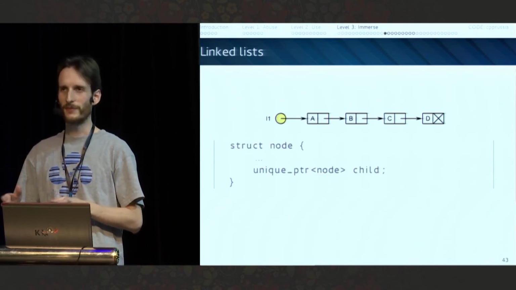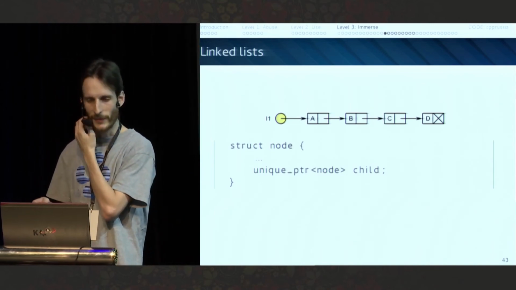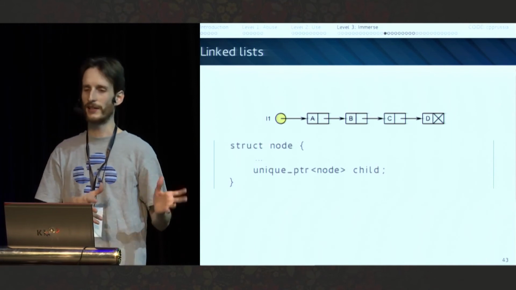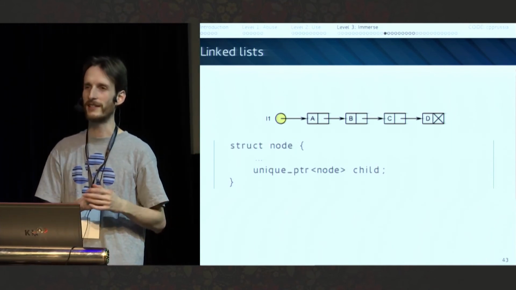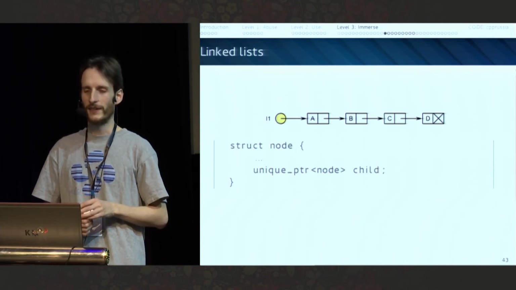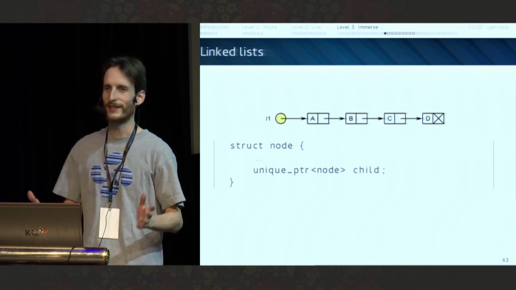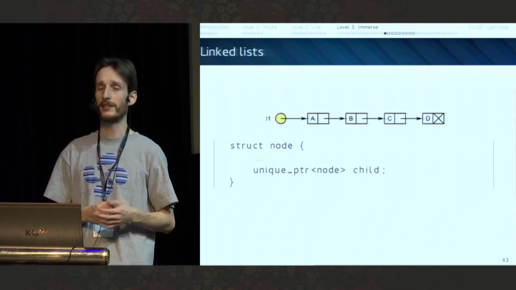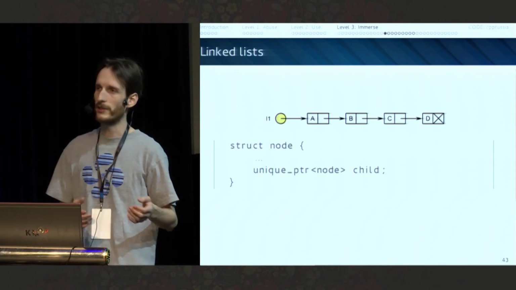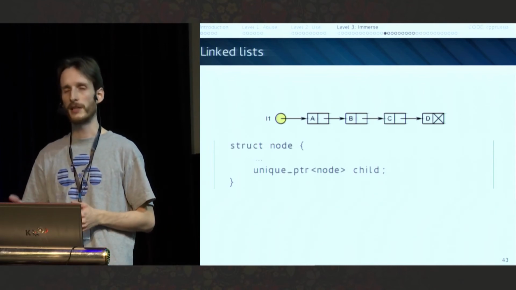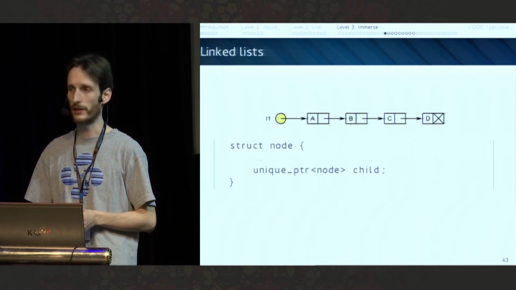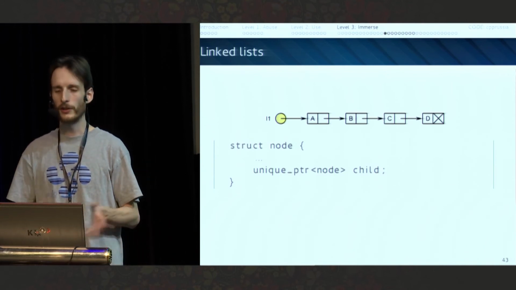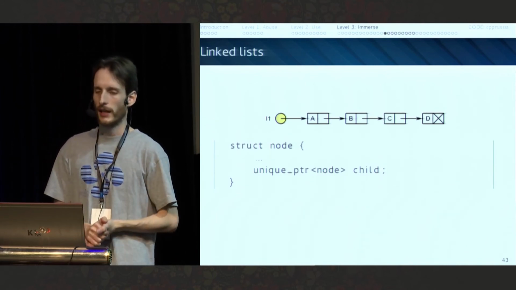Okay, not ever. One guy yesterday mentioned that he actually had a benchmarked use case where the lists were faster than anything else, with custom allocators and everything else. So the point here is not that list is good, but to show the general principle of how most of the persistent or functional data structures work. So we all know what a linked list is.